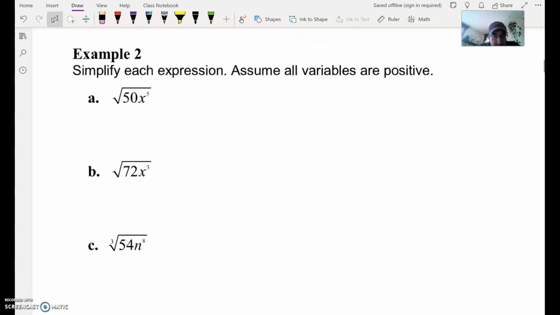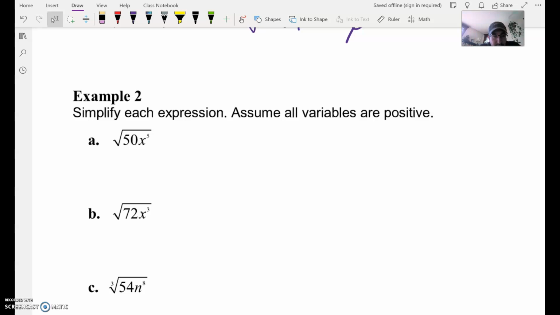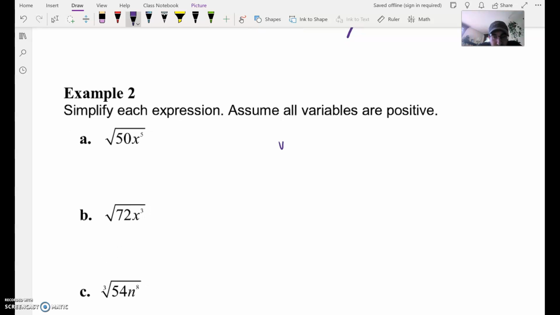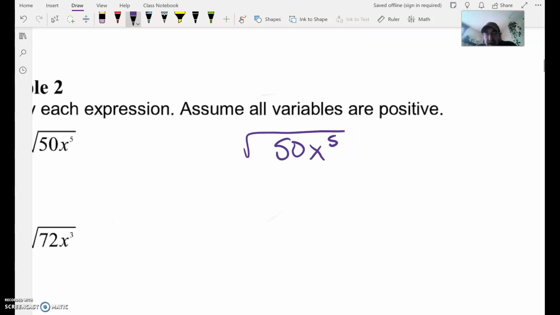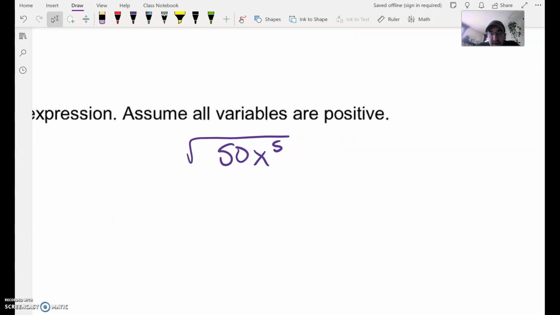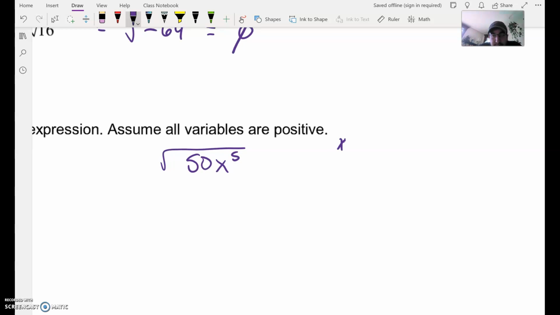I'm just going to pick a random one. Let's do A, that's perfect. Square root of 50x to the 5th. I strongly recommend that you do these one at a time. First thing, what I mean by that is let's deal with this coefficient here first, and then we can deal with the variables. Okay? So the square root of 50, our goal, remember,